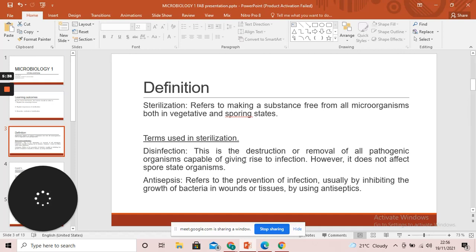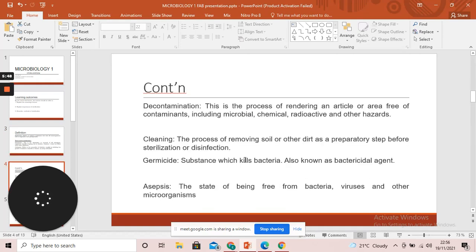Antisepsis refers to the prevention of infection, usually by inhibiting the growth of bacteria in wounds or tissues by using agents called antiseptics. Decontamination is the process of rendering an article or area free of contaminants, including microbial, chemical, radioactive,